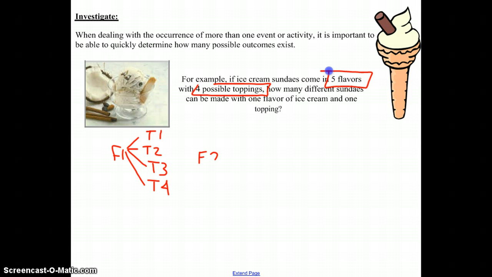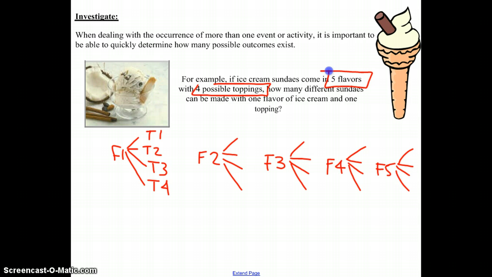How about for flavor 2? 4 options also. How about flavor 3? And flavor 4? And flavor 5. Okay, so how many altogether outcomes are there? 20, because 5 different F options, and there's 4 different topping options for each, so that would mean 20 possible